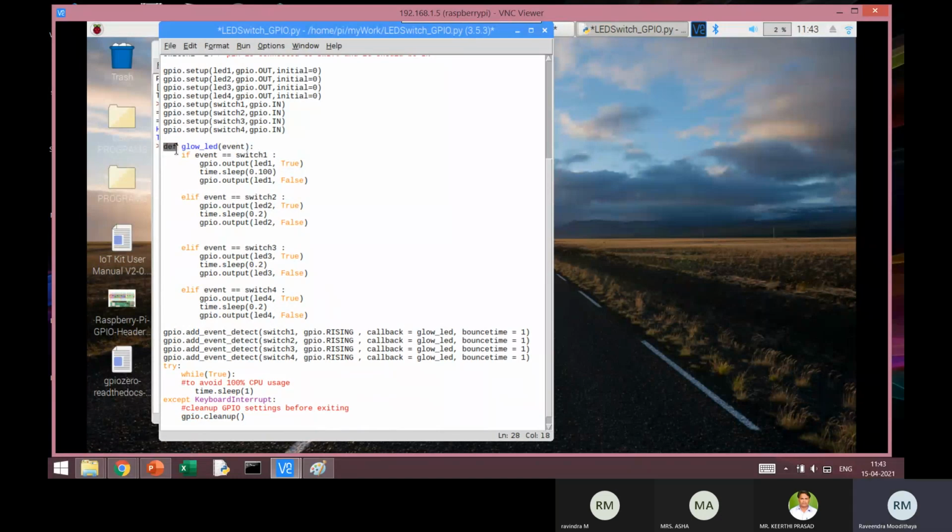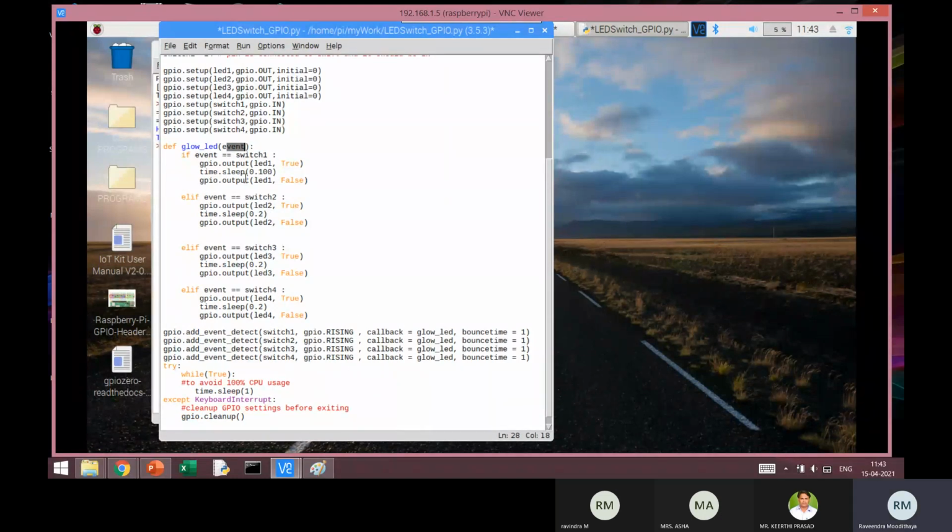Remember, this d should come in the first column. That's very important, unless it is a function defined inside another function. So def keyword, then the name of the function, then the argument to the function. The argument to the function is these events.